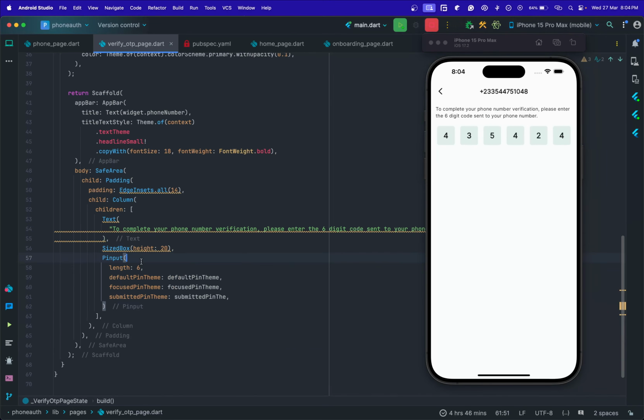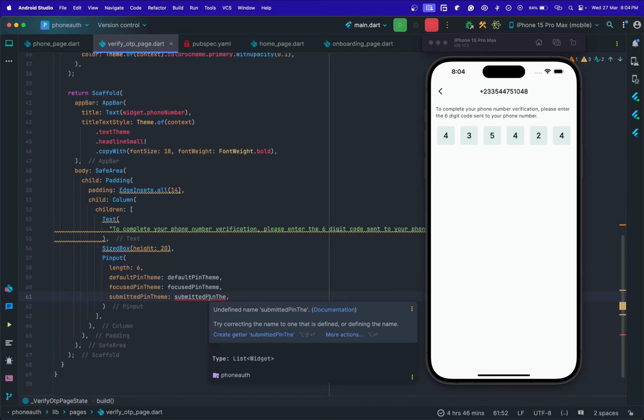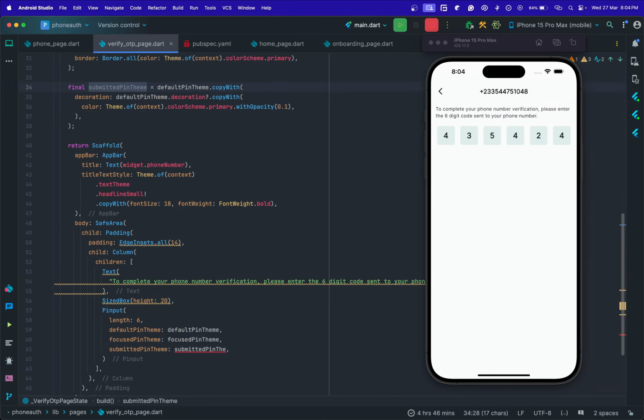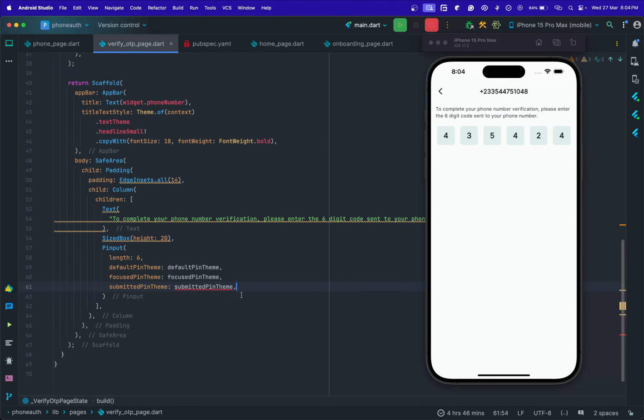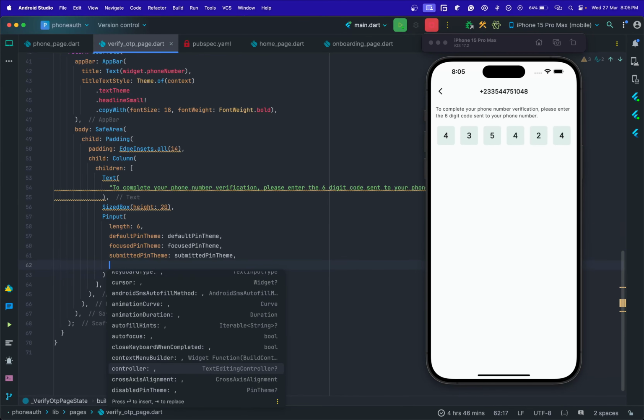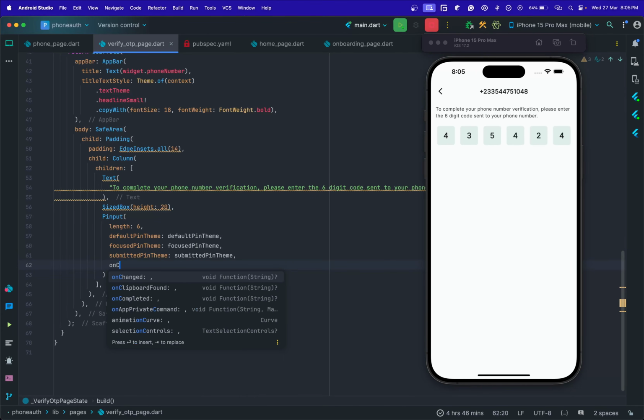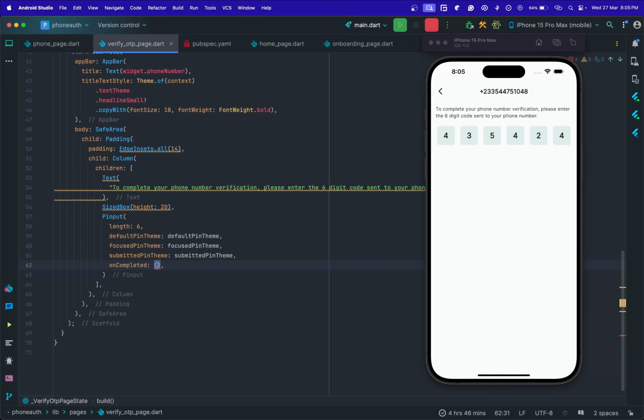And now when this pin put is submitted, like this, when this is submitted, we can look for on completed. When this is completed, which is the user has entered all the 6 digits, we can get the total value, which is all the number the user has entered, and then validate this number against the SMS code we sent, right, using Firebase. And of course we are going to get into that, so we can do our validation here,